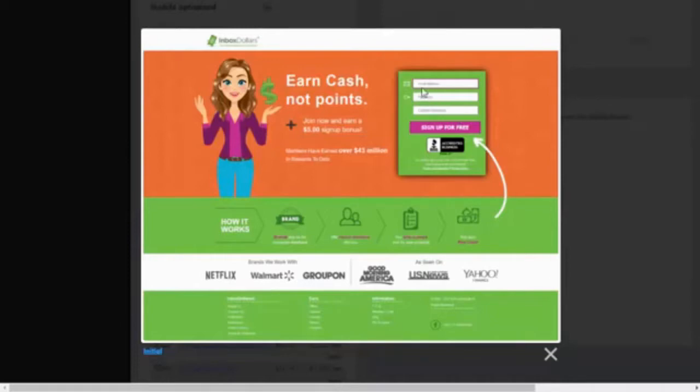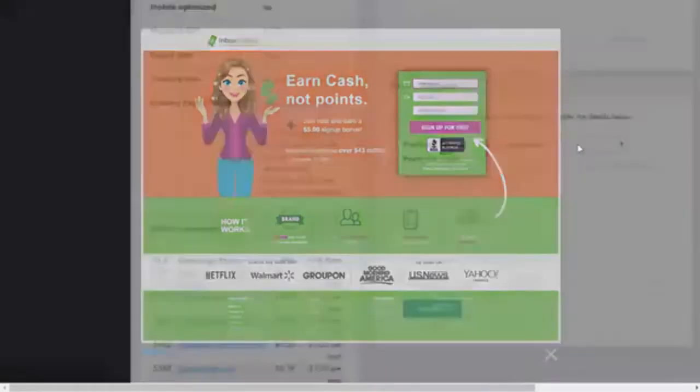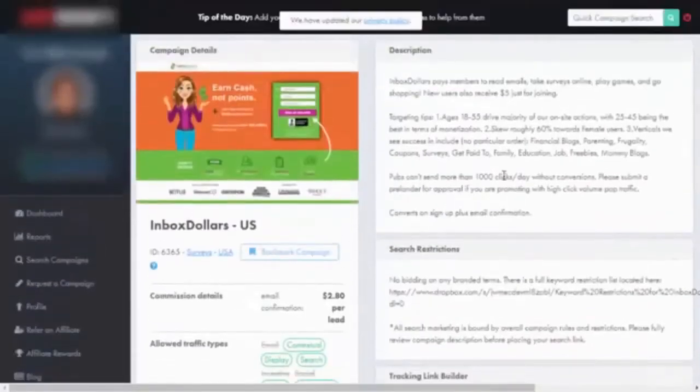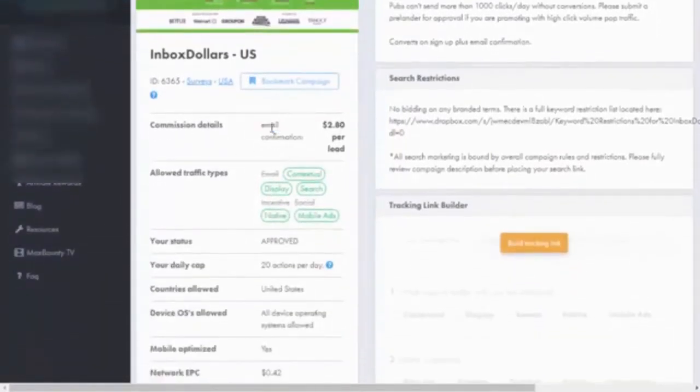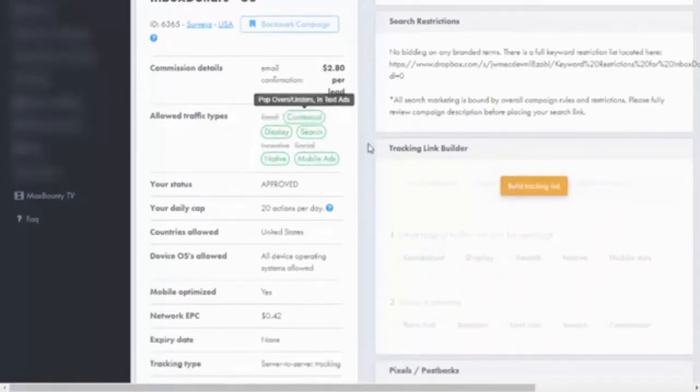And all the member has to do is enter email and password. Okay, so like you see here, for every sign up, for every email, you will get $2.18 per lead.